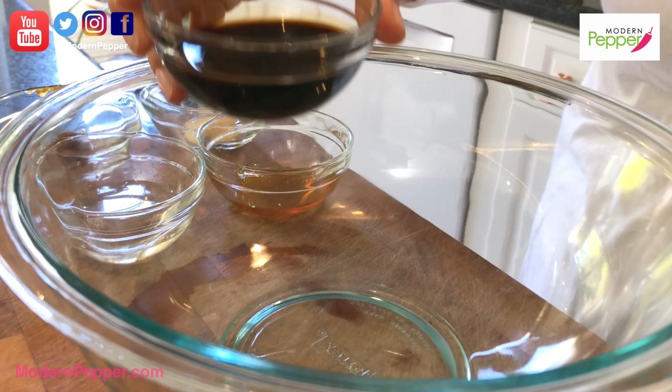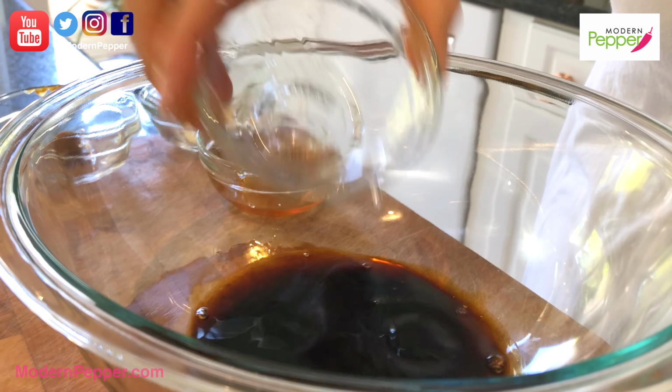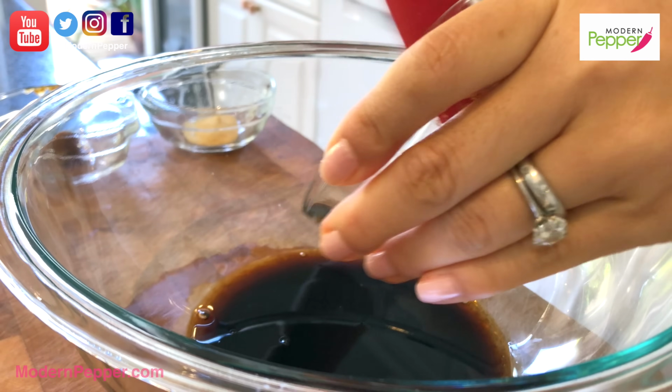So today's bulgogi marinade is exactly the same as the marinade that we made in my previous bulgogi video. But today we're going to cut that in half because we're only making 1 pound of beef bulgogi. We're going to add 1/4 cup of soy sauce, 1/8 cup of mirin, rice wine vinegar, half a tablespoon of honey,